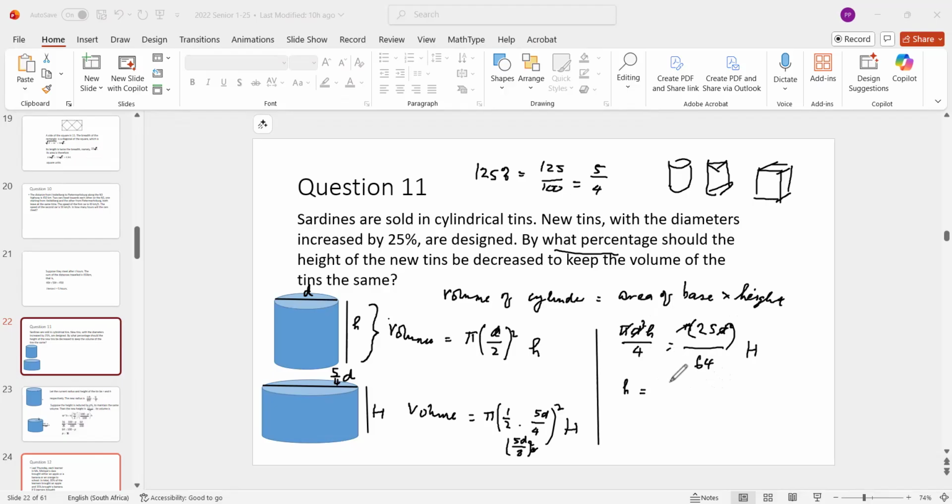Let's make h the subject. So you have to multiply by 4 times 25, right, over 64 times capital H. Okay, so this is 100 over 64. So you can see that to raise the percentage to 100, okay, you have to think about this. They ask you that